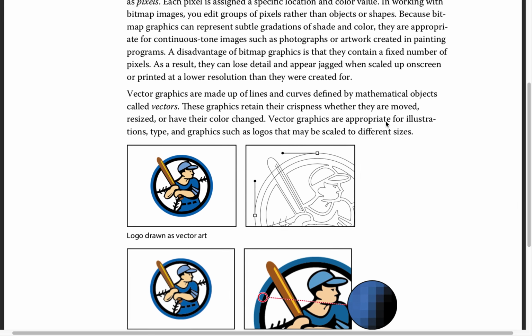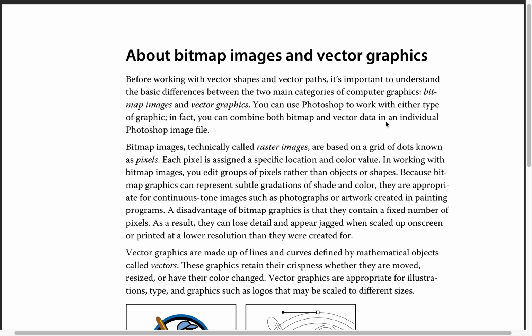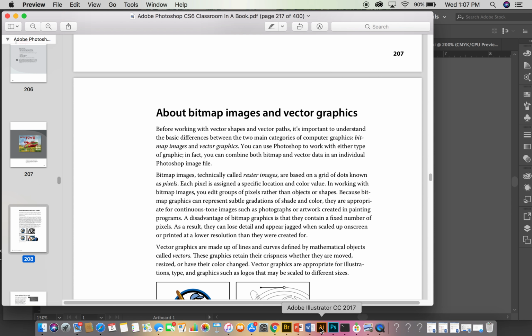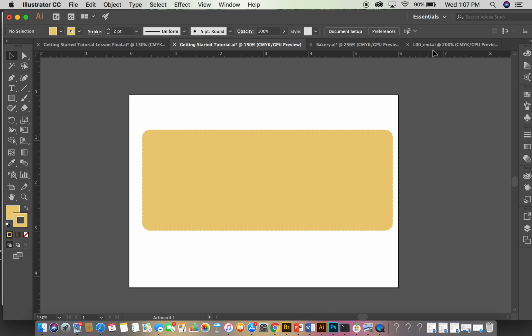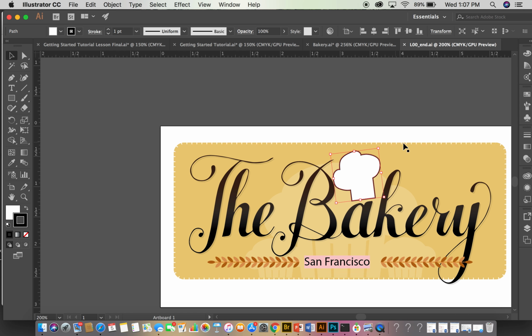Welcome everyone. So we are still working on the Getting Started lesson of Illustrator Classroom in a Book, and we've just created the muffin of our advertisement. So once again, we are working with the goal of creating this. At first you created the chef's hat, then you created the muffin, and now we're going to place and